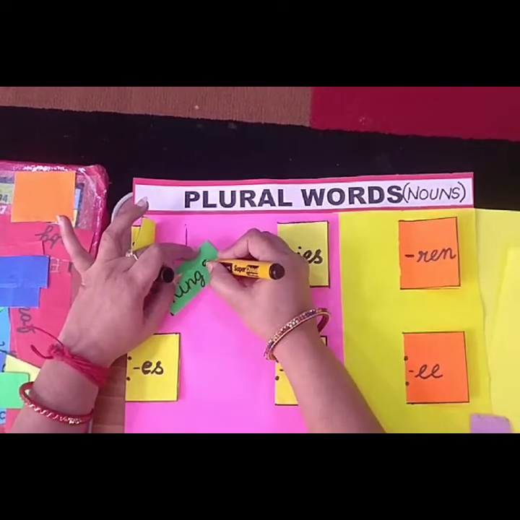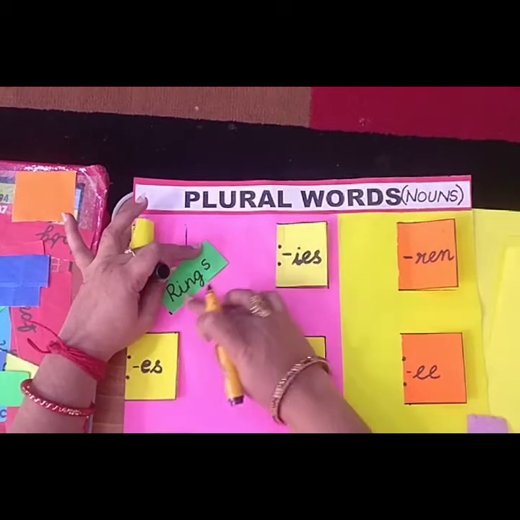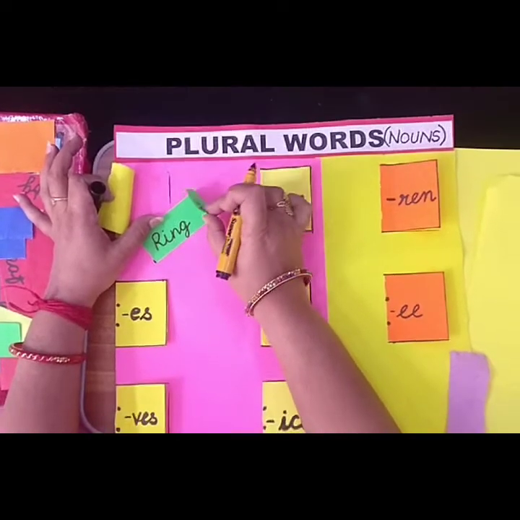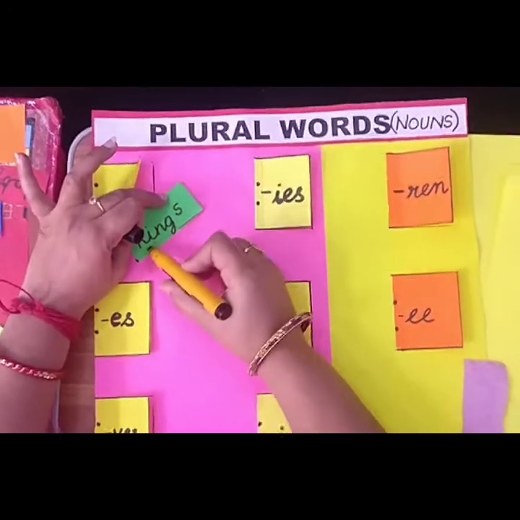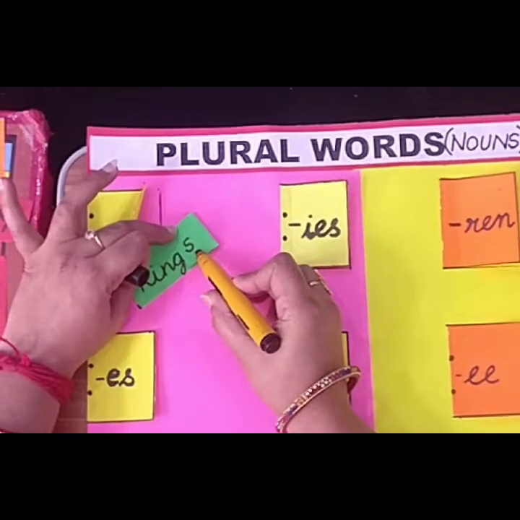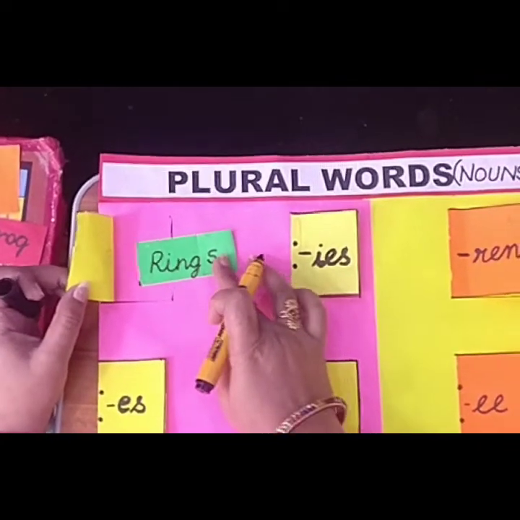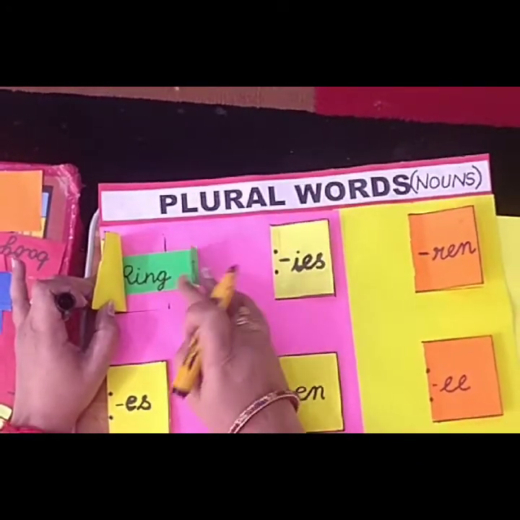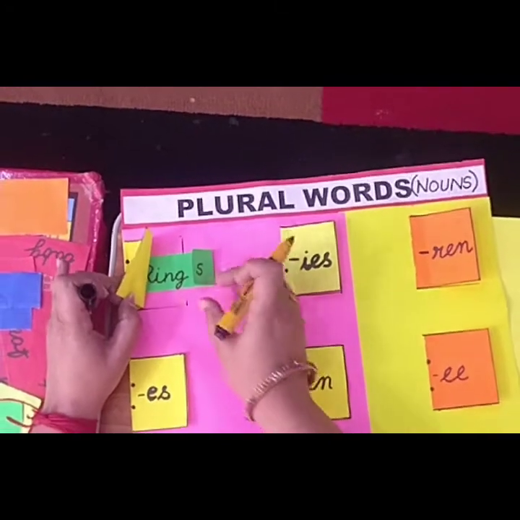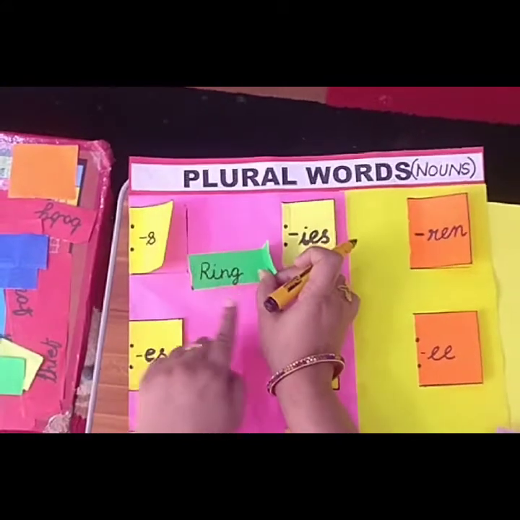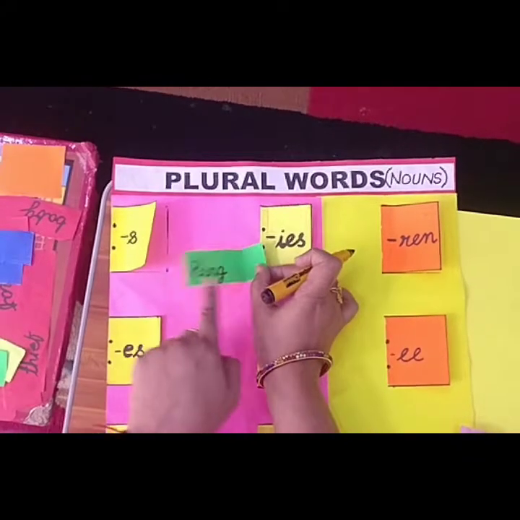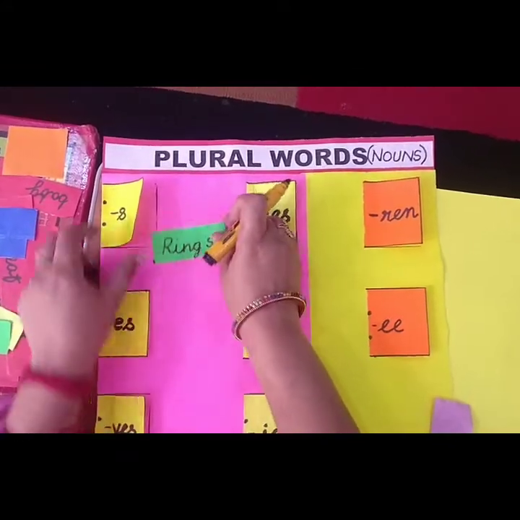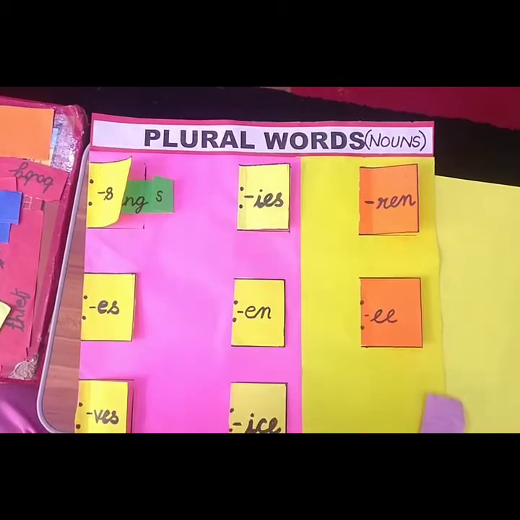Now the word has changed into rings. Firstly, it was ring, R-I-N-G, ring. Now I folded the chit like this and now it becomes R-I-N-G-S, rings. So I will place this slip under this book. So the first page of the book has been made: ring, rings, right? For that, remember one thing: whenever you write the word, write it at the side of the slip. Don't write it in between the slip because we have to fold it. Did you understand? So I will place it here and I will paste it also.